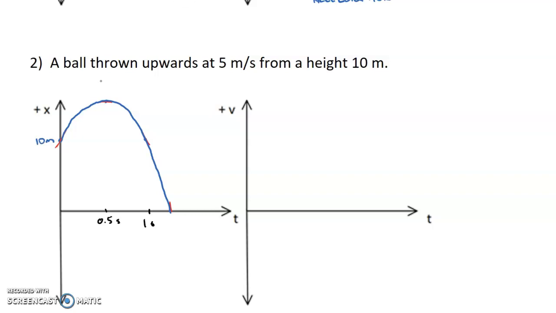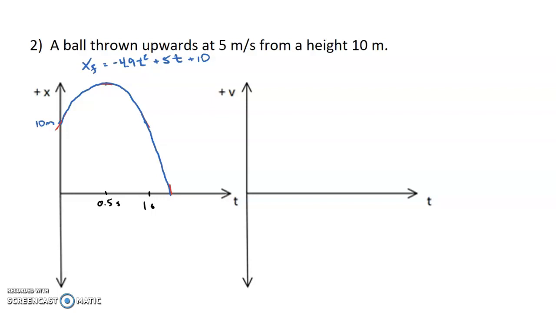And the function would look like this. X final equals half of negative 9.8, which is negative 4.9, t squared, plus the initial velocity plus its initial position. If you graph that parabola, you would see that. Now the velocity time graph,